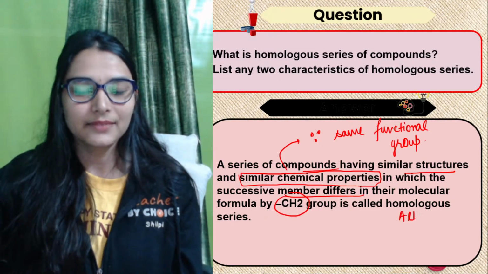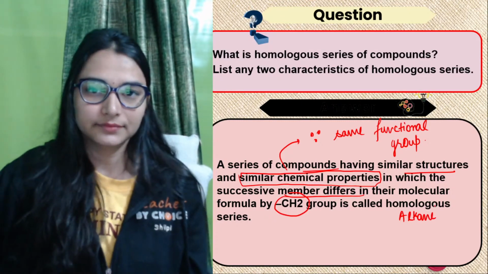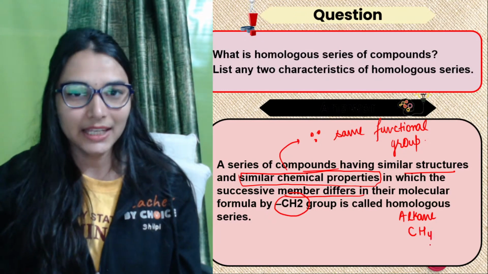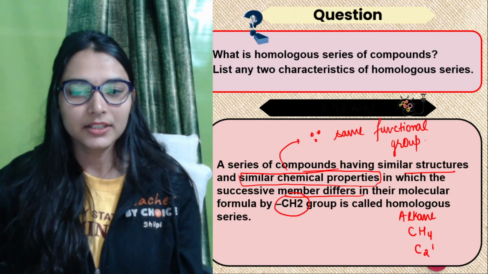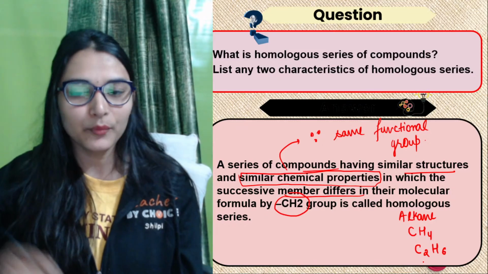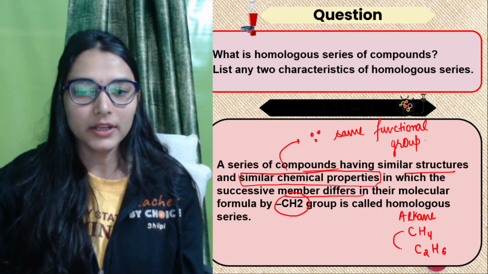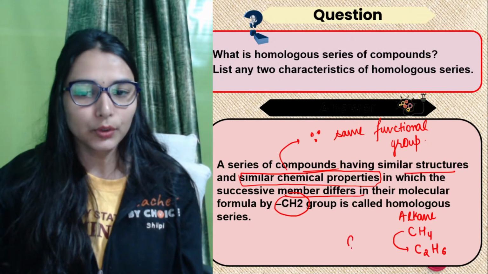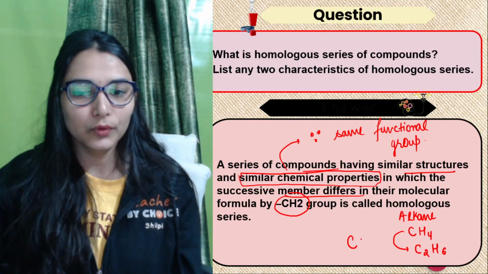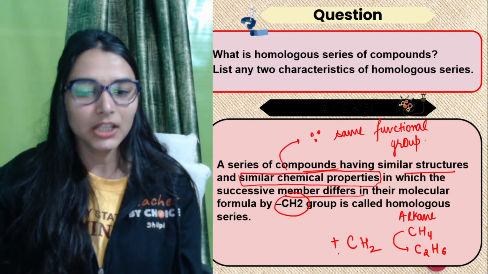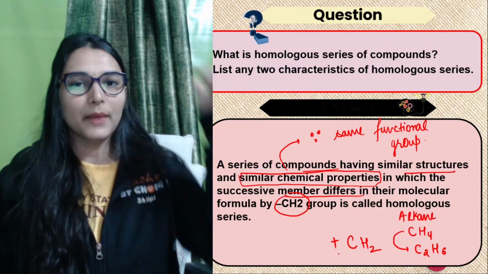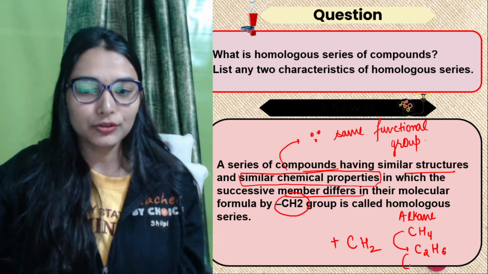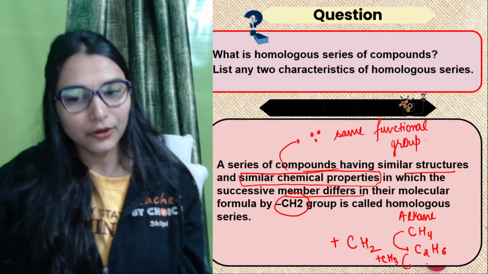Just let's say we are having alkanes. The first member of the alkane homologous series is methane. The next is ethane. So these are the successive members. So you can see what is the difference in the unit. 2 carbon minus 1 will give you 1 carbon. 6 minus 4 will give you 2 hydrogen. So if I add CH2 to the first member, I will get the second member. I add CH2 to the second member, I would be getting the third member,